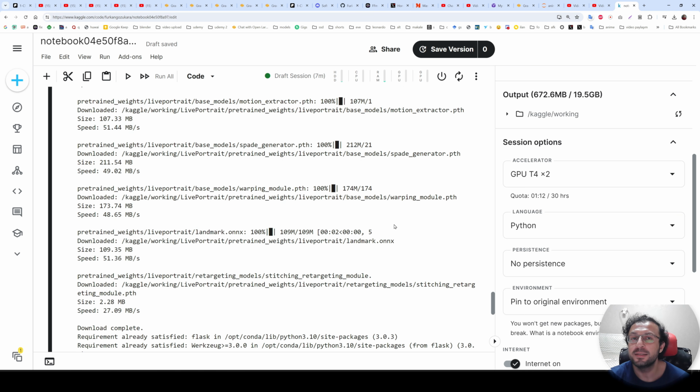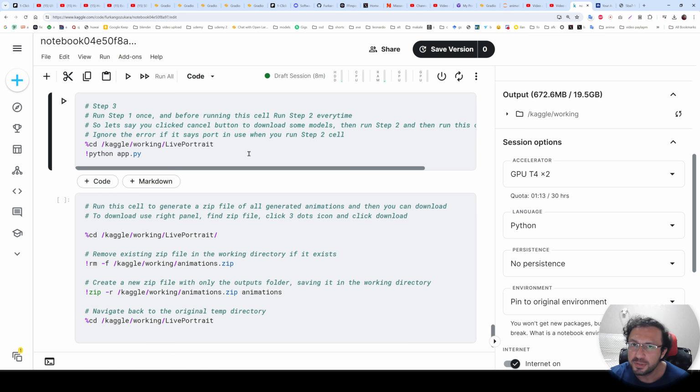Okay, then you need to execute the step 2 cell, and you will get a link there. I am not able to show that on the video for particular reasons. So once you get that link, click it, but don't click the visit site yet. So follow the steps in the step 2, execute it and get the link, and then we will move to the step 3 cell. So once you have followed the instructions at the step 2, step 3 is where we start our application. Click this cell.